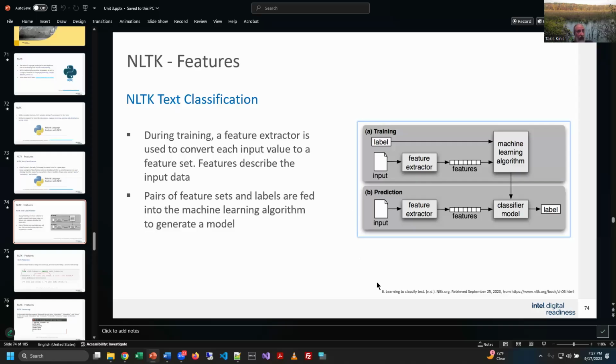So there's the training and the prediction part. This is still related to machine learning, right? The machine learning does the processing, but we're using a different type of tool to process. We have to extract the features of the language, and then the model does the rest, basically.